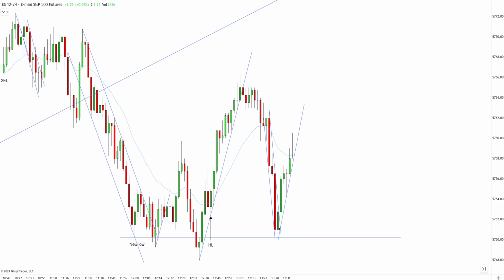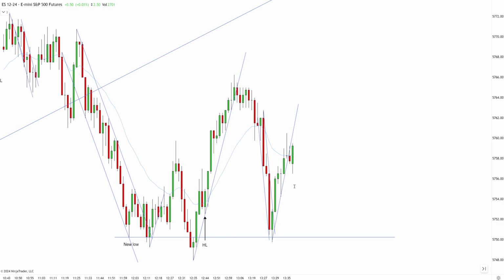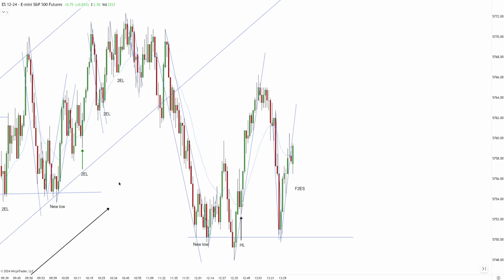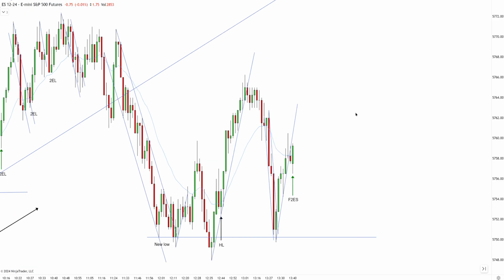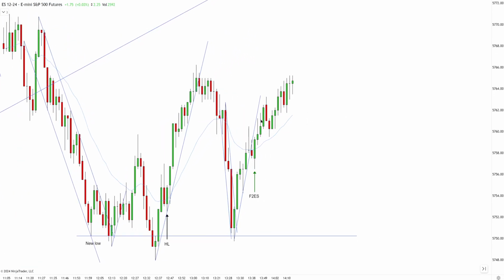that's the main bias. This is just an insignificant correction compared to the main bias, especially since this support held. A lot of bulls stepped in, so new low, first entry short. I'm going to skip the second entry short because the bias is on our side, and we have a great failed second entry short, a nice bullish bar, and this is a great high probability setup. Failed second entry short. You expect a new high, break a new high, we keep working higher,